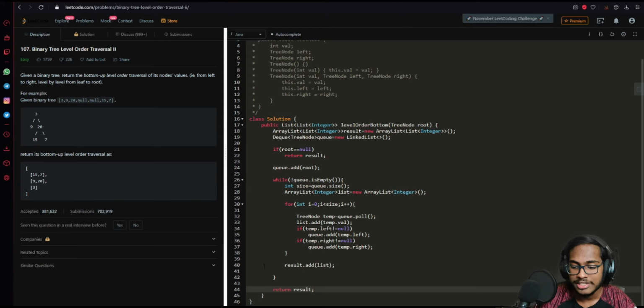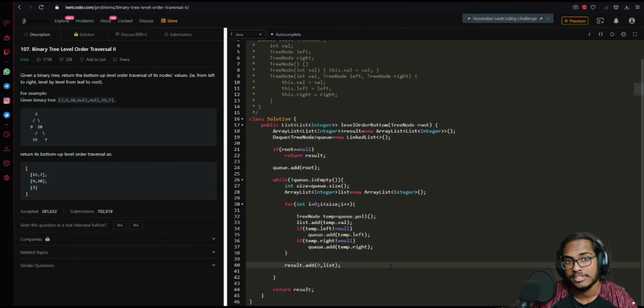The line we're going to change is line 40, and over here instead of saying result.add list, what does this mean? Result.add list means we're going to add list to the end of the result array, right? But I told you there's another way to do add, and that is having two parameters inside the add method. The first parameter will declare the index and the second parameter is the data we wish to add. So what if I said result.add 0, list? So what's going to happen? 0 is going to be the 0th index. So we are going to insert this list in the front of the output list instead of the last.